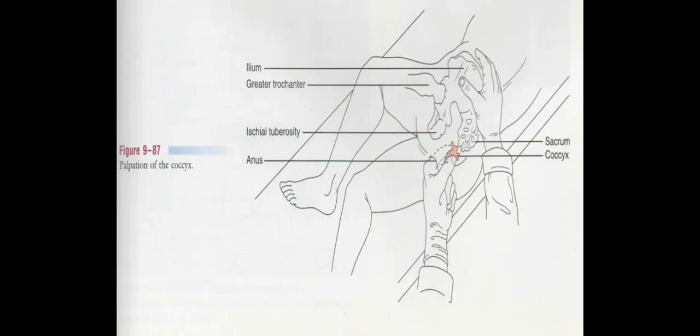Midway between the ischial tuberosity and the greater trochanter, the examiner may be able to palpate the path of the sciatic nerve. The nerve itself is not usually palpable. Deep to the gluteal muscles, the piriformis muscle also should be palpated for potential pathology. This is in a line dividing the PSIS and the greater trochanter of the femur from the ASIS and the ischial tuberosity of the pelvis. This is the picture showing the palpation of the coccyx. We can see in this picture the sacrum, coccyx, ilium, greater trochanter and ischial tuberosity that can be palpated.